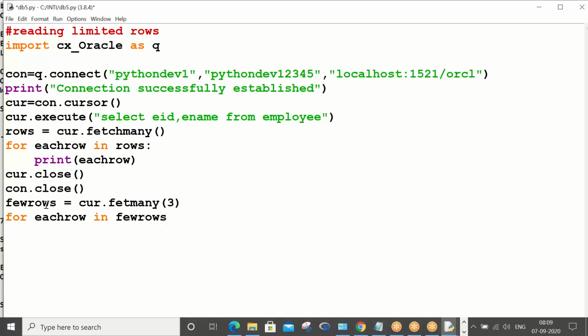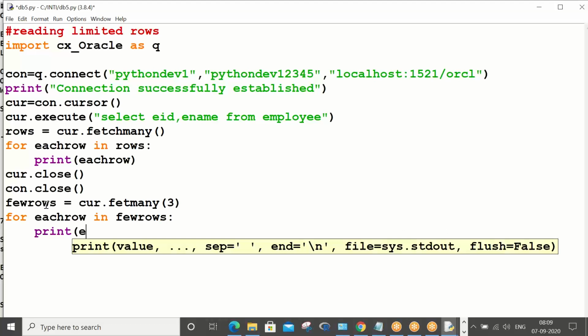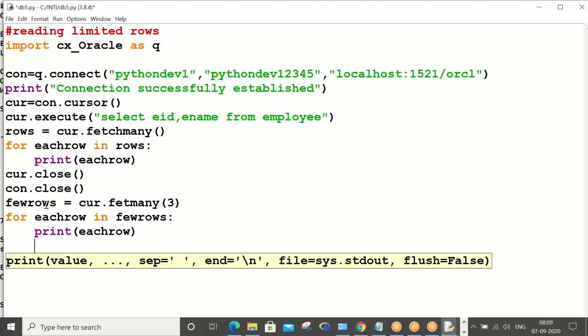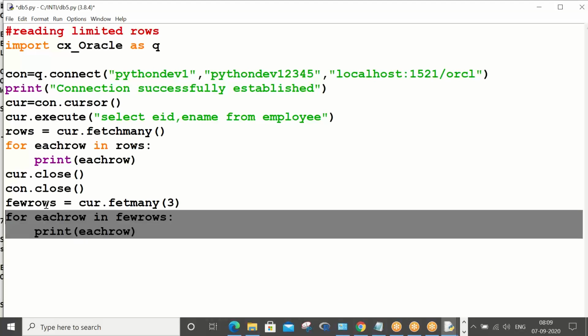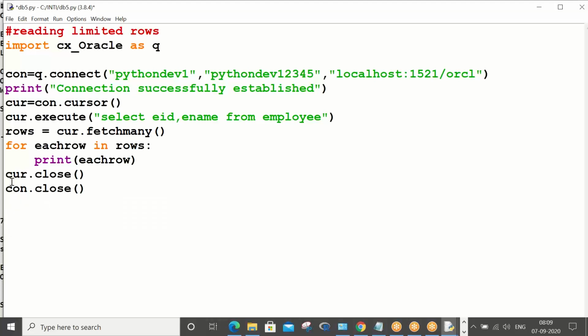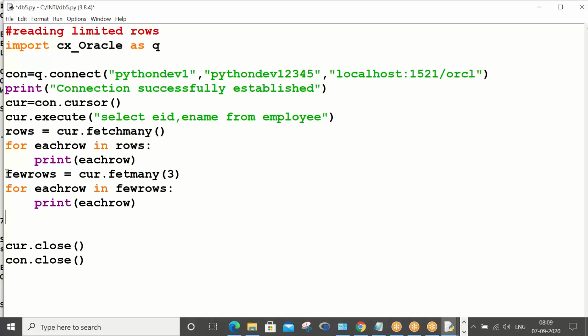Few rows is again a list, but not full, only with limited rows. So you are trying to print few rows. But these things must be before closing the connection. I hope you are understanding, right?